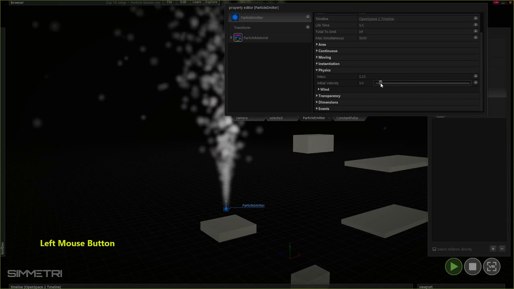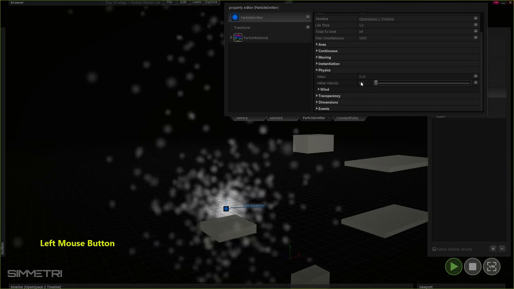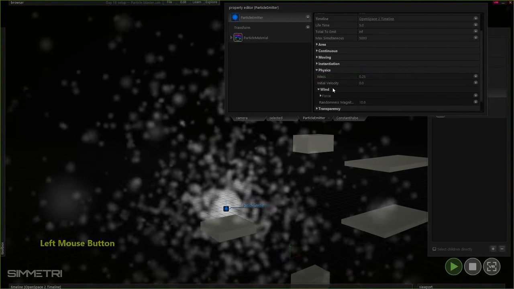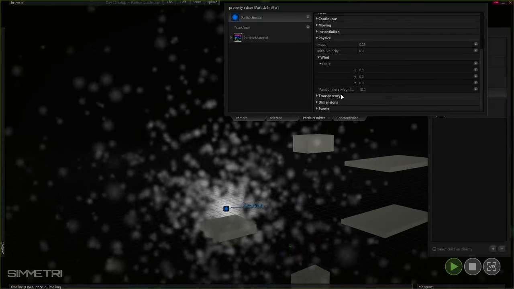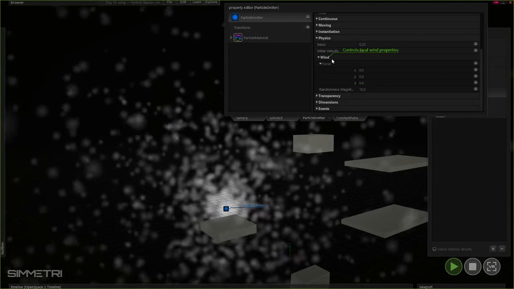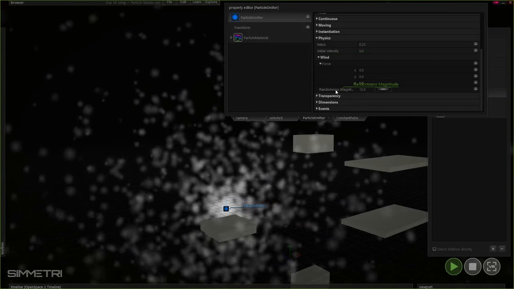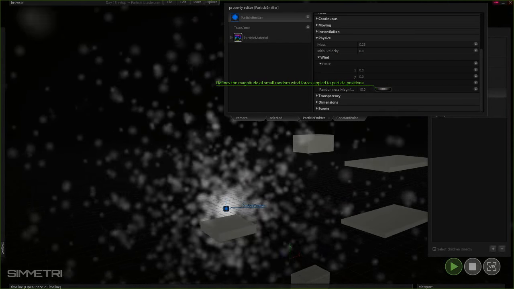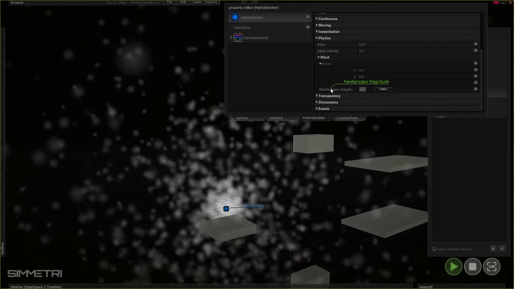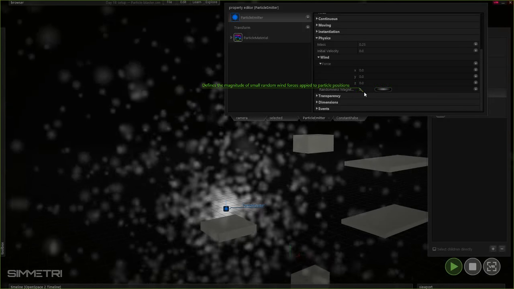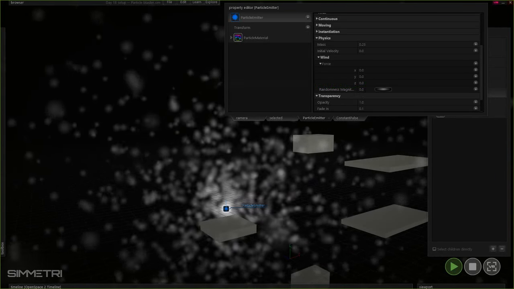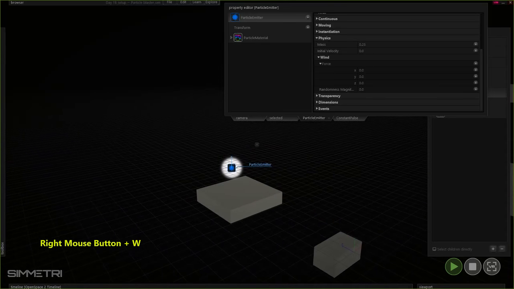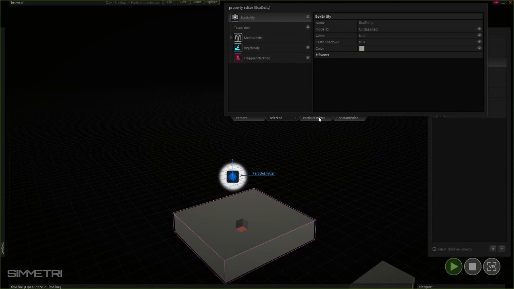Let's imagine if we just turn this down to 0. Now they just sort of puff out, but they're puffing out kind of in a random order. And what we're seeing is this multiplier on wind, which is causing them to scatter out in that direction, and that's the randomness magnitude, which is defaulted to 10. So if you want to bring that down to, say, 0, we'll see what the change is. You have to hit the number and then click off of it. So now there's absolutely no randomness magnitude